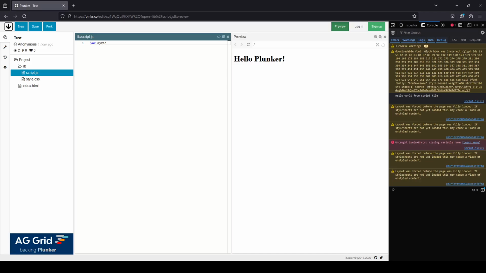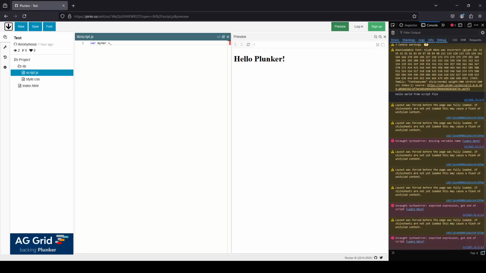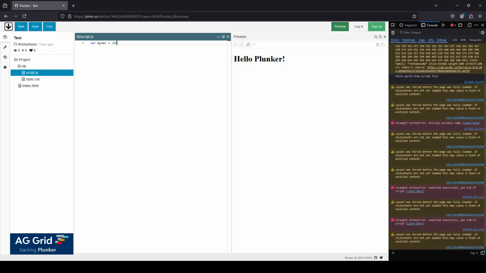Then I set an equal sign, which is called an assigning operator. It means you're telling JavaScript my var has to store a value of something, and that something, for example, is a number. I'm going to store 100 in it, and you end your line